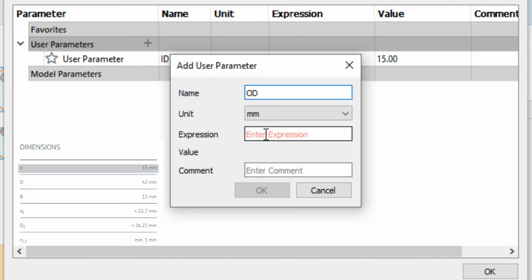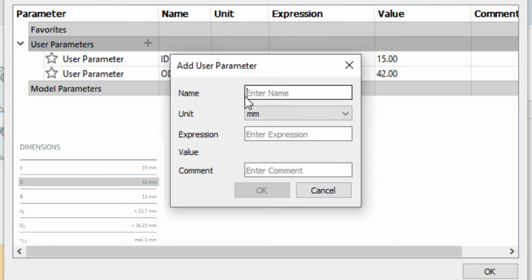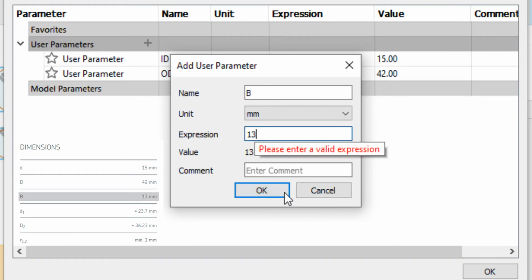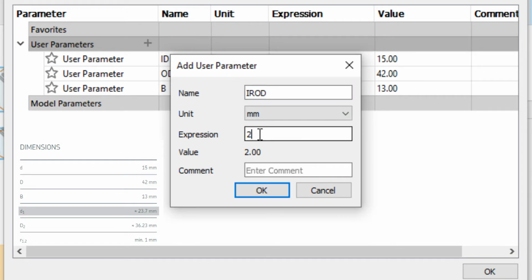Then I want to add the outer diameter of that bearing, which is 42. I want to indicate the width of the bearing with B, and the width is 13 mm. We have the inner race outer dia. The expression is 23.7.